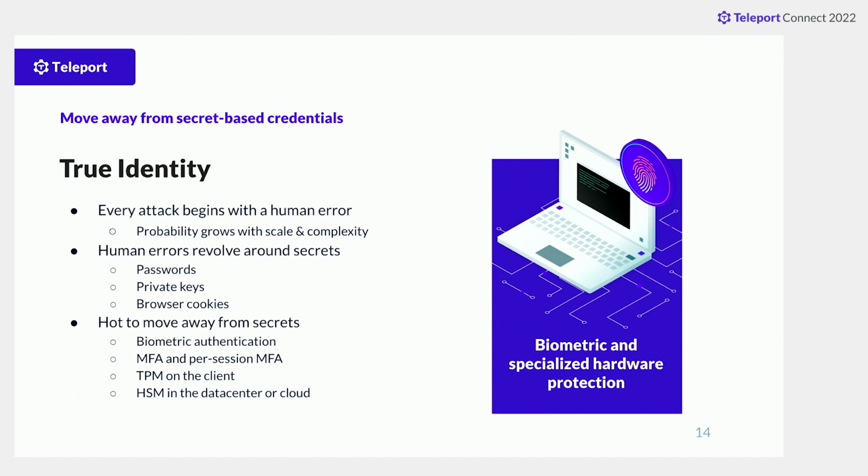It means that you should be using things like biometric, TPM on a client, HSM on a server. So these things, again, physical attributes. They are not data. They cannot be stolen. The private key on a TPM is not readable. It's not possible. So if there is a human error, no one will be able to get it out. It cannot be copied. It cannot be sold in darknet. It cannot be stolen, duplicated, uploaded, downloaded. So that's the first thing.